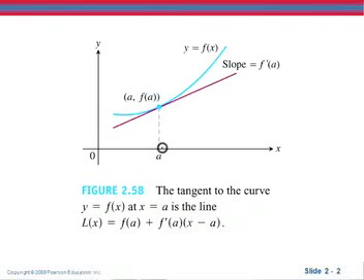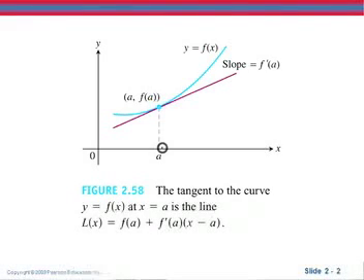In order to find the equation of the tangent line, we plug into the formula y minus y1 equals m times x minus x1. Now remember, our m, our slope, is the derivative at that point. And so if we take that formula and plug in a for our x1, f of a for our y1, and we call our y L of x, then we have the formula that you see at the bottom there, which is the linearization